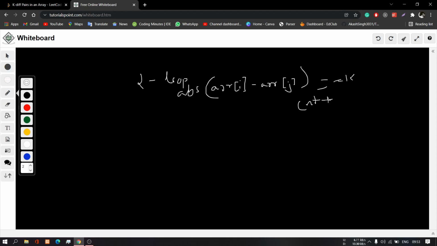But here the trick is that you need to find out every unique possible combination. So you cannot simply just count.